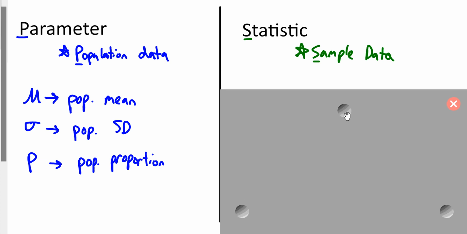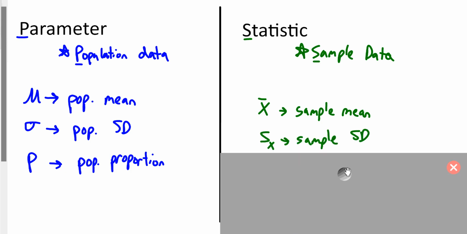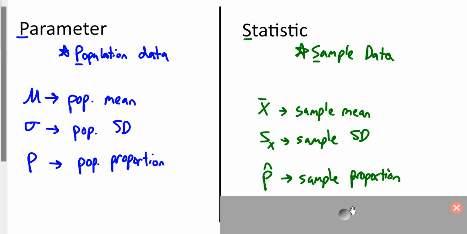Statistics, same sort of deal. It's just X bar for the sample mean, S sub X for the sample standard deviation, and P hat is our sample proportion. All right? Now,